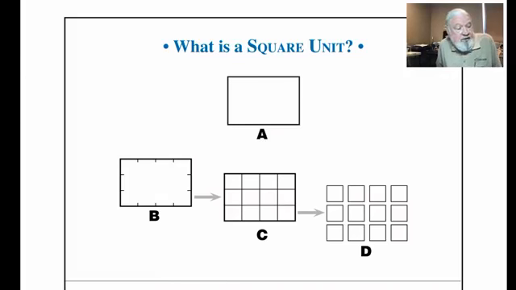And so the answer is not just 12. And let's say these were inches. It's not just 12 inches. Because when we're reporting area, what we need is the measure there is square units. So when we break square A down into 12 squares, as we did for D, the area of that is 12 square inches. So whenever you're reporting area, that word square must be in there, because we're not measuring lines, we're not measuring space, we're measuring the amount of space inside of something flat, like on the screen. So square units are going to be the units we're going to be reporting all of our area in.